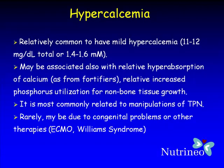Hypercalcemia. As pediatricians and neonatologists, hypercalcemia isn't usually a problem for us, or if it is, we've mostly ignored it. But we're starting to see more of it, and I'll explain a little bit why. It's relatively common to have mild hypercalcemia, 11 to 12 milligrams per deciliter, 1.4 to 1.6 millimolar when ionized calcium is measured. It was described a number of years ago as being associated with some hyperabsorption of calcium. That probably